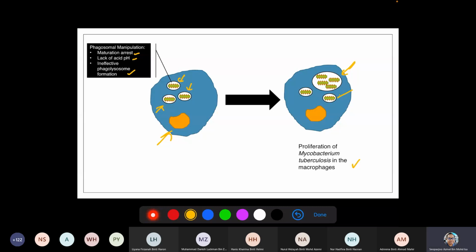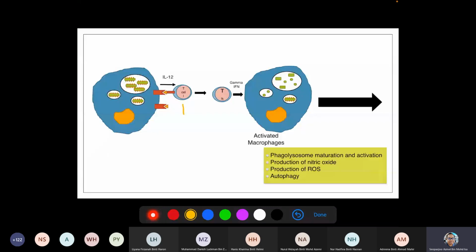But some of these mycobacterium can be destroyed by the enzymes found in the cytoplasm of the macrophages. And this destroyed mycobacterium is then processed and presented to T cells here. So all of the spike protein that I mentioned previously is then pushed outwards and presented to the T cells, and macrophages also will release interleukin 12, which then stimulates T